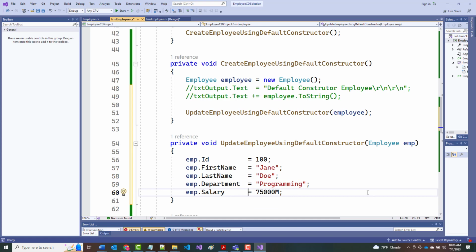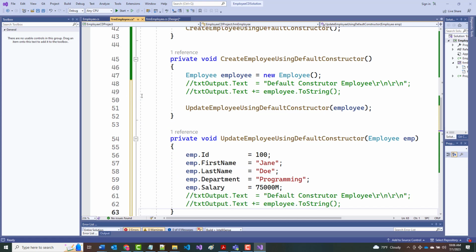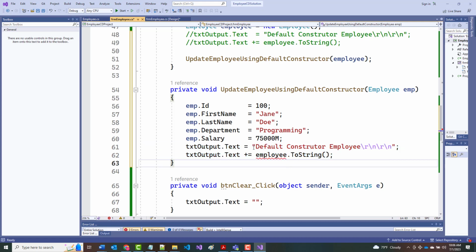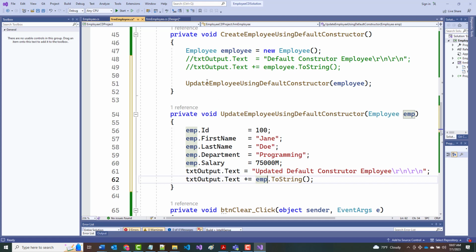All right. Now that we've done all that, let's grab these two lines here, and let's put them in there and uncomment them. Whoops. And we will say "updated default constructor employee," and that has to be emp.toString. So when we did it the first time, as you just saw, and I could undo this,